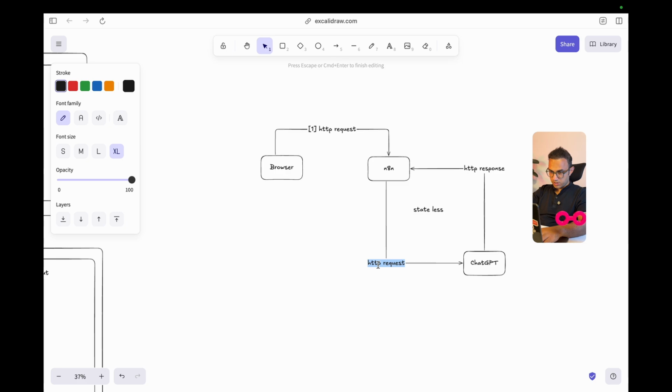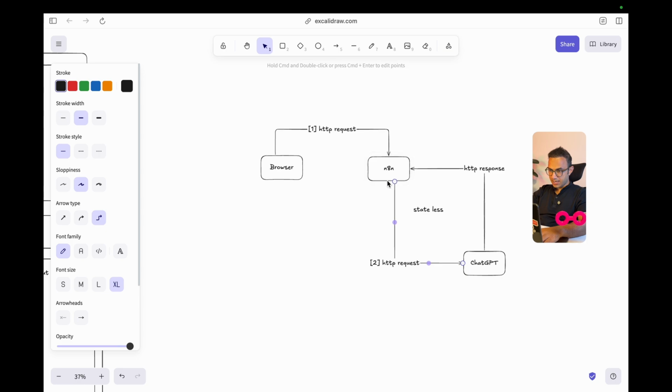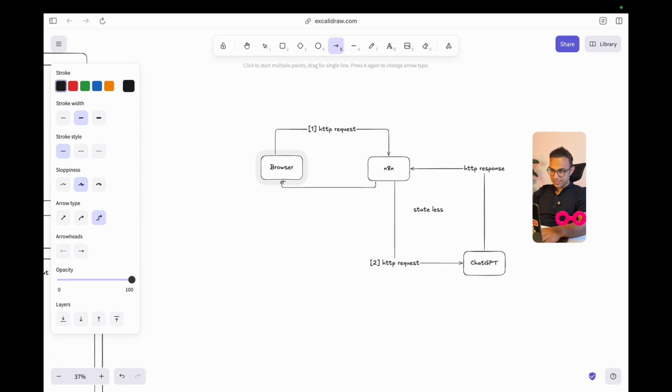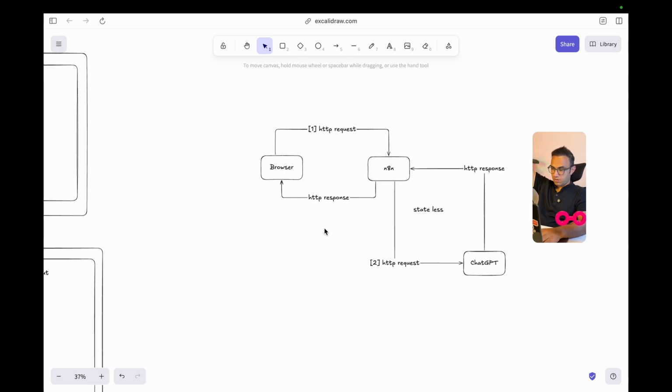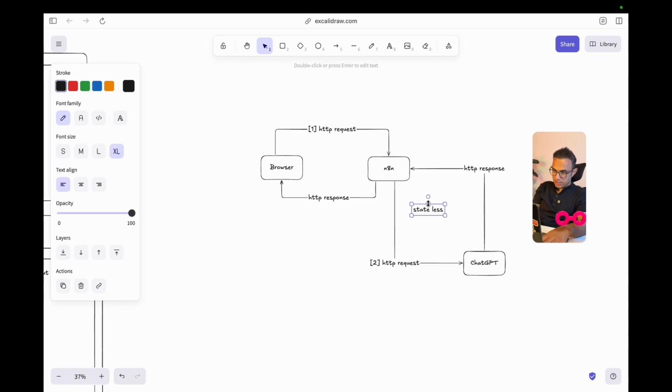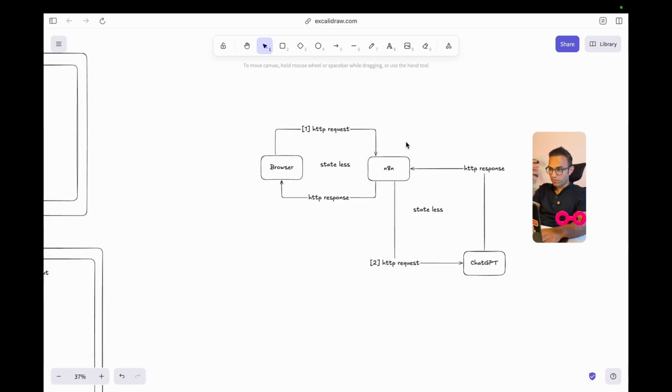That's HTTP request number 2 happening. Where? In the backends of n8n. And then once n8n receives this request, it sends it back to my browser. So this is the HTTP response again. So from request to response, where does the statefulness happen, because this is also stateless? Where do I get that piece of memory embedded, that piece of data?